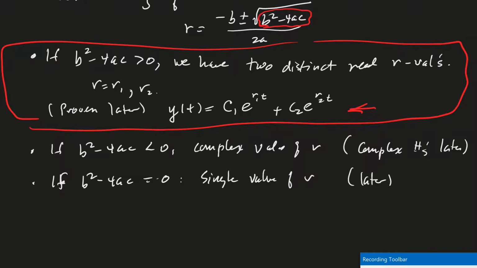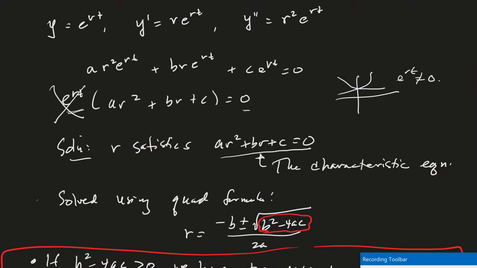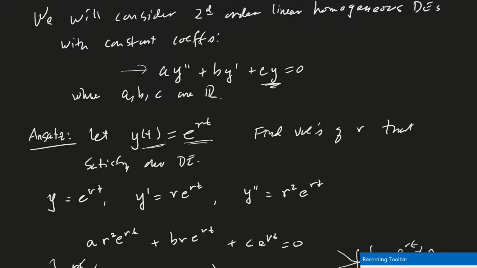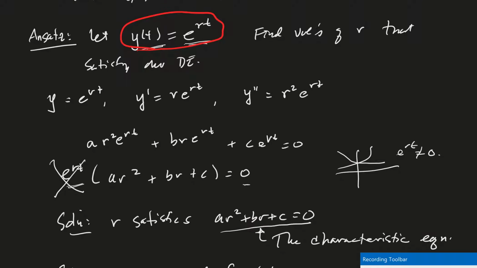So in this video we're just going to do a couple of examples of solving this linear second order homogeneous differential equation with constant coefficients. It's a mouthful. But the idea here is, what are we doing? Here's our differential equation, ay double prime plus by prime plus cy equals 0. Here's our ansatz. And in plugging the ansatz into the differential equation, we ended up with this equation,